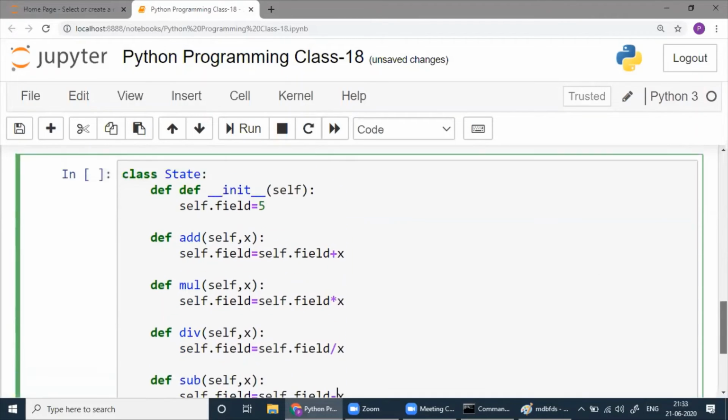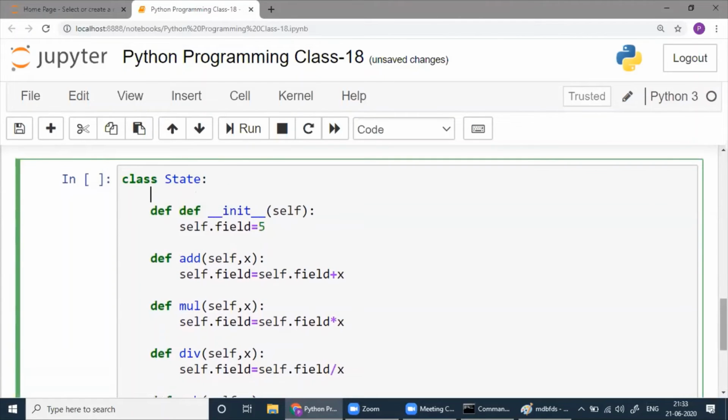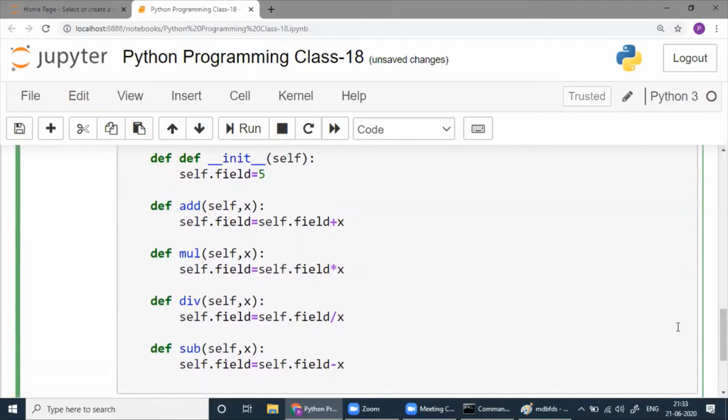Okay, these are the 4 methods, one special method, and this is 5. This is our class.